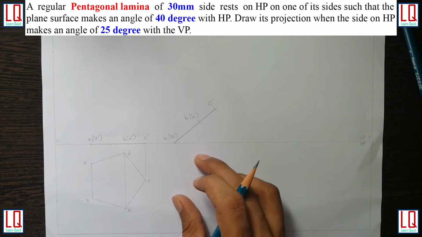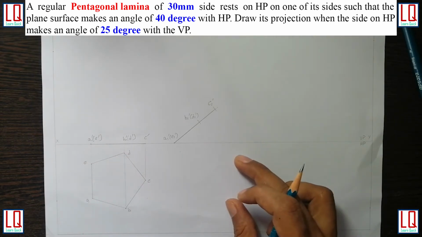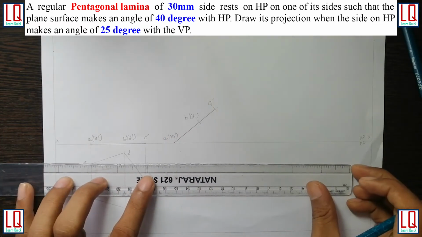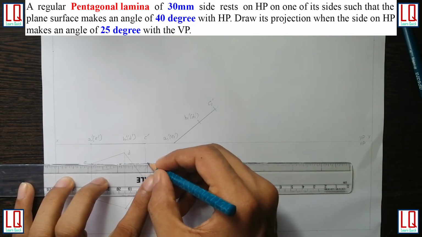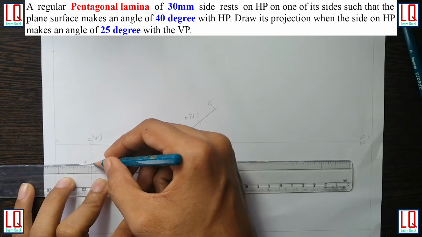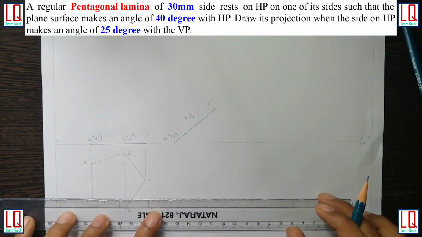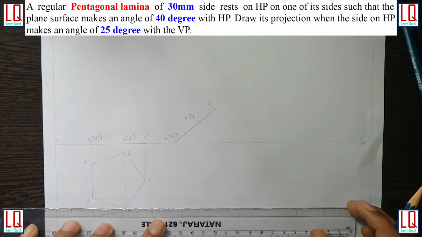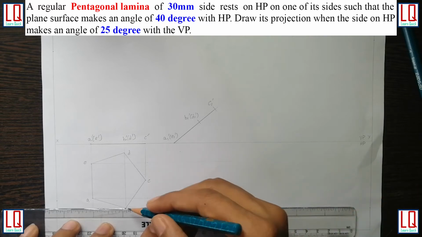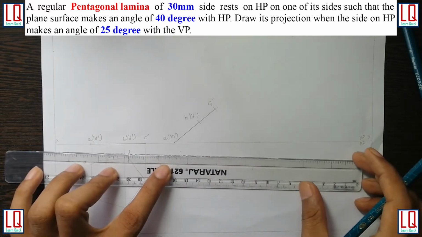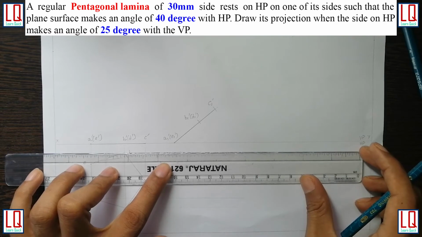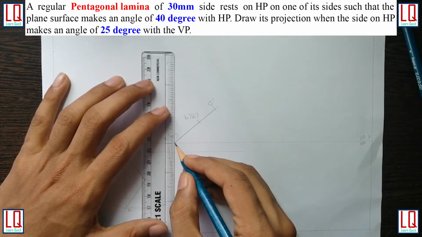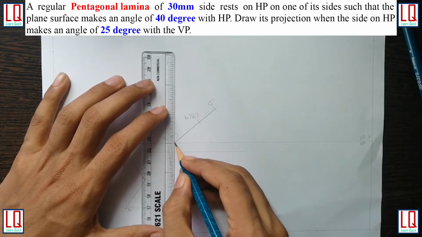Now to draw step 4, I need to project all the corners from step 1 and all the corners from step 3 to obtain my step 4. Use of an engineering drafter is recommended for drawing the parallel and perpendicular lines. Similarly, I project all the corners from step 3 to step 4.